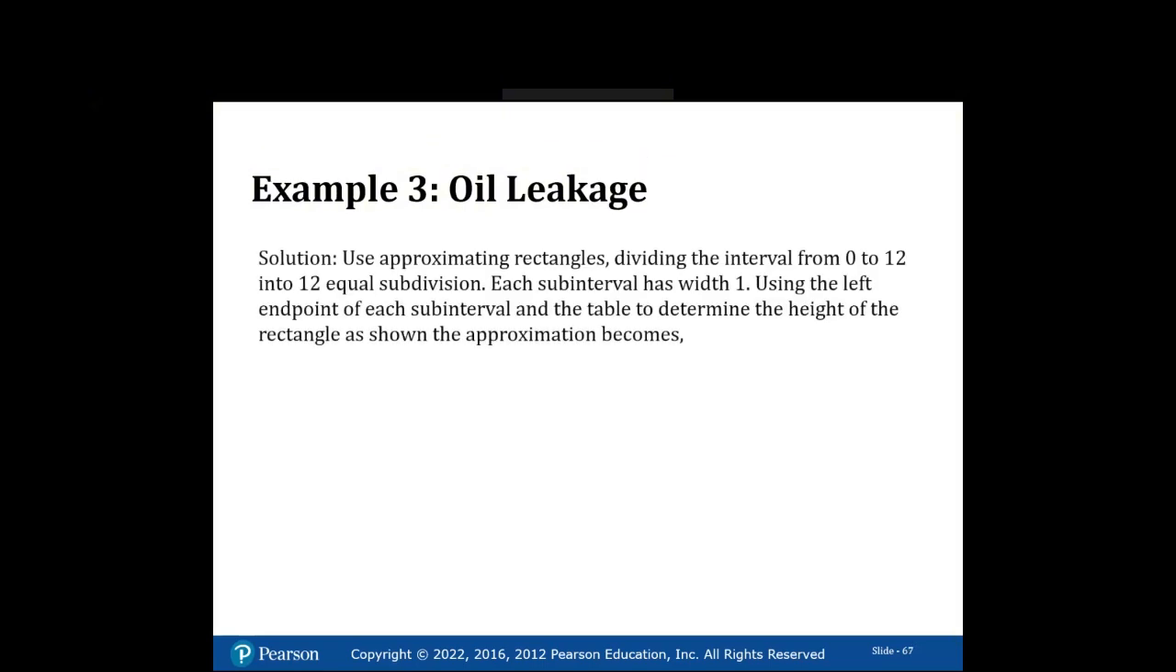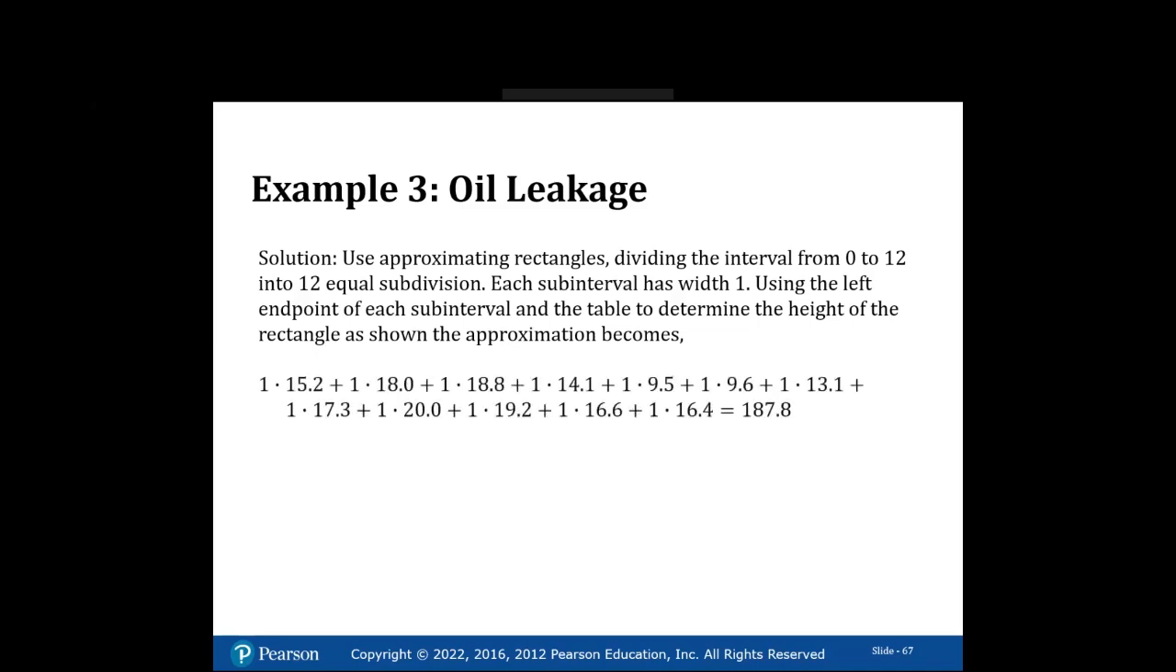So we're going to divide all of our rectangles equally. So we have 12 rectangles, each rectangle being one of those hours. So each subinterval has width 1 because it corresponds to 1 hour. And we're using the left endpoint because that's what we were given on our chart in our graph there. The table. So using those values from the table and multiplying each one of them by 1, I just add them all up, and that gives me my approximate